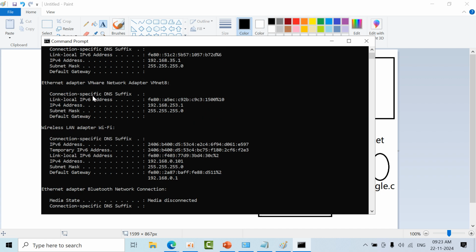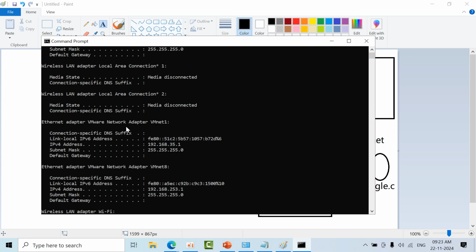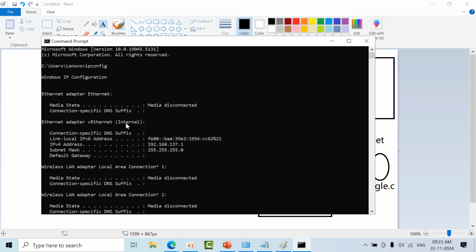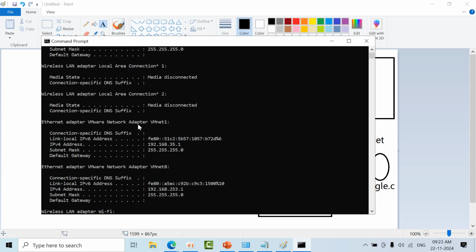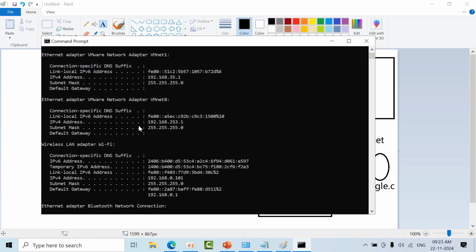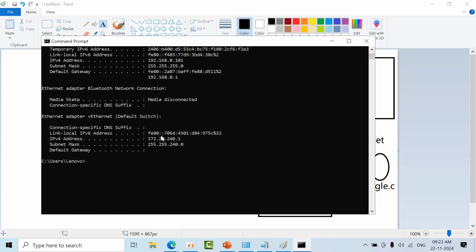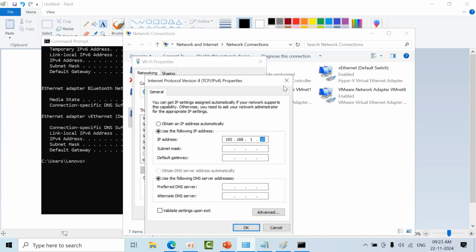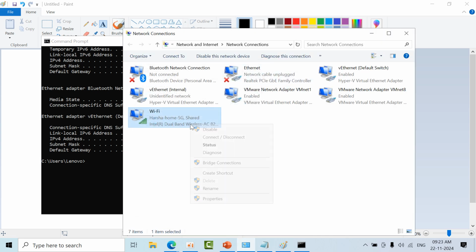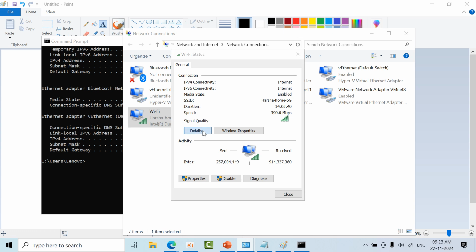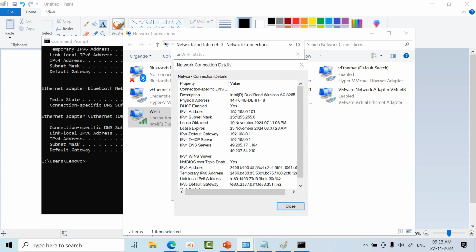This is that. What is the IP address here? 192.168.0.1.